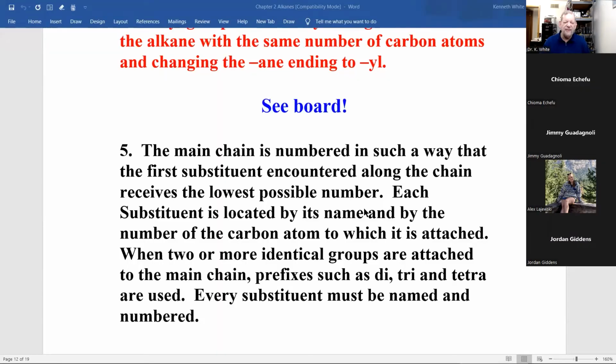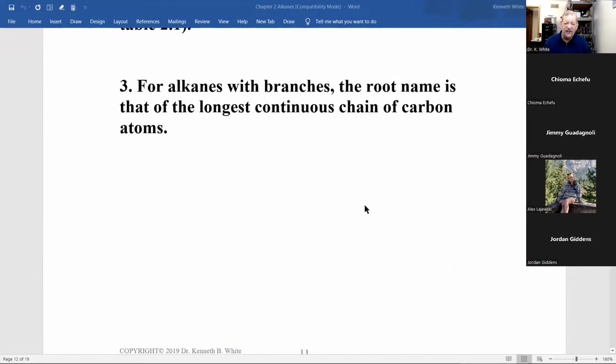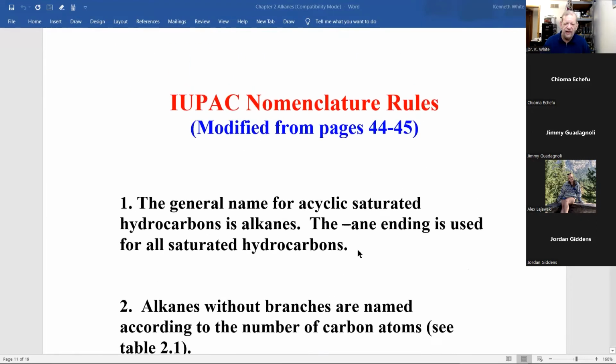All right, let's get back to where we were. We're talking about alkanes and how you name them. The question is, how do you name it? You have to find the longest chain, first of all, if it's acyclic, meaning not in a ring. Now, one of the things I wanted to point out,